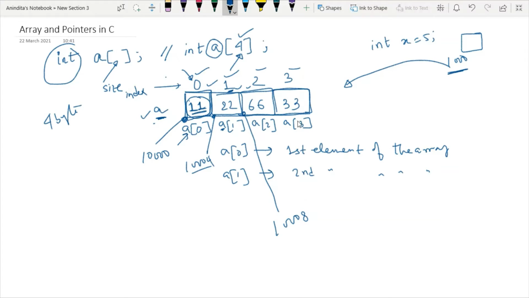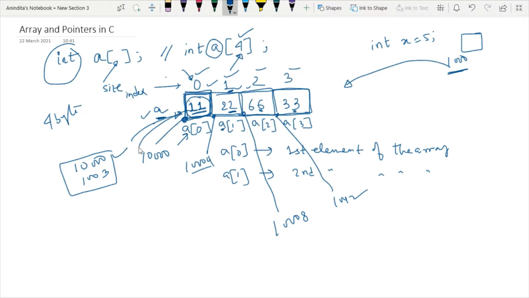Similarly it will proceed, so then we will have 10,012. My point is, what is the memory size for the first element? It is from 10,000 to 10,003. So this is the space, or the memory allocation, for element 1. Similarly, we can calculate this for elements 2, 3 and 4.